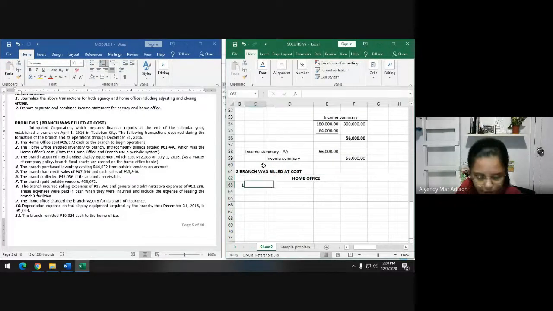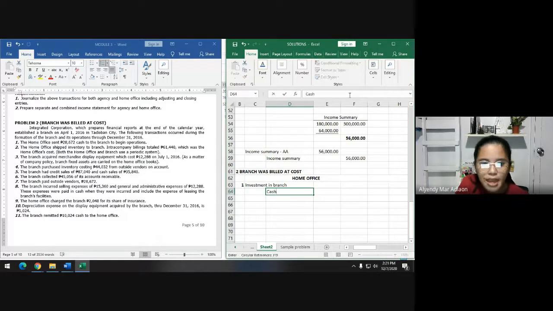Okay. So, let's start first with the Home Office. The Home Office sent 28,672 cash to the branch to begin operation. So, that would be a debit to investment in branch. Investment in branch. If the branch has a name, you just put there the name of the branch. But if none, investment in branch. So, debit investment in branch and credit to cash